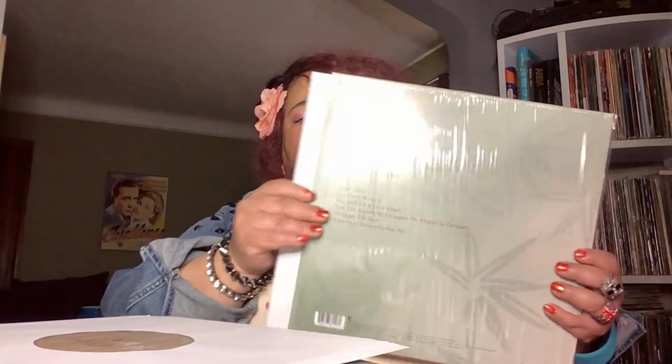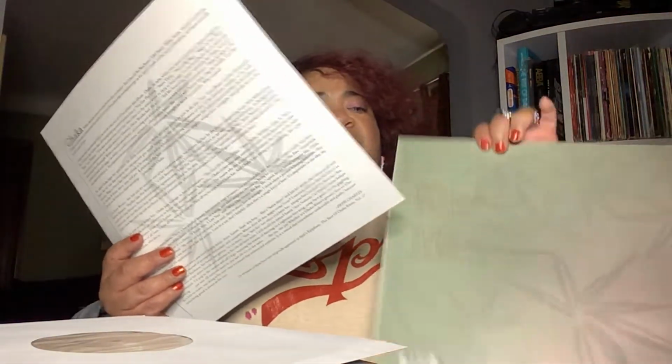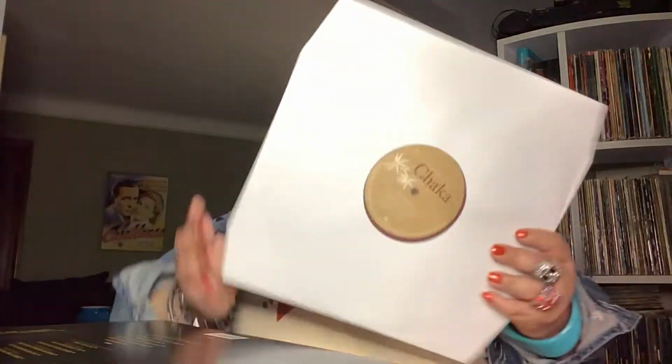And I'm gonna show you real quick. I think it comes with a little insert. Yes, it comes with a nice little insert. Okay. And I guess they were trying to keep it beneath a certain price point, so maybe that's why they didn't make it a double LP. I'm not sure of the reasoning behind that, but